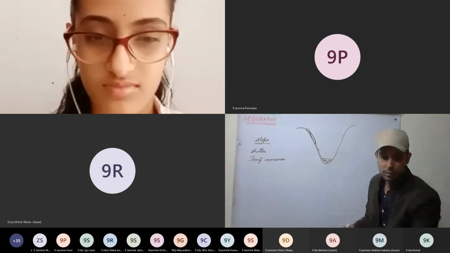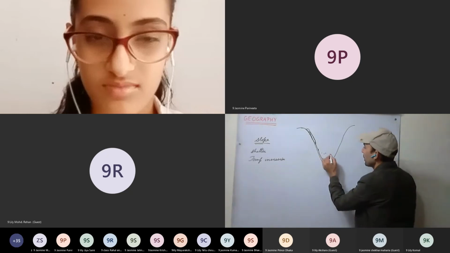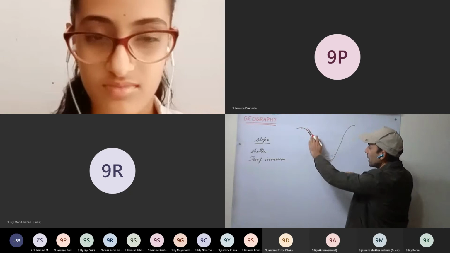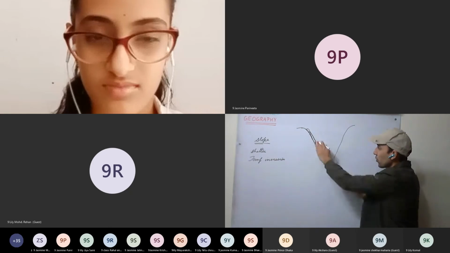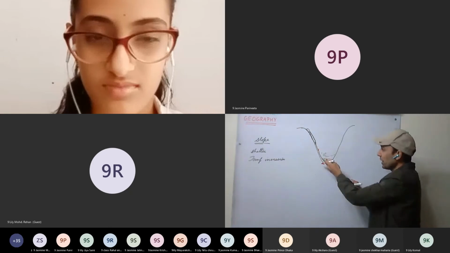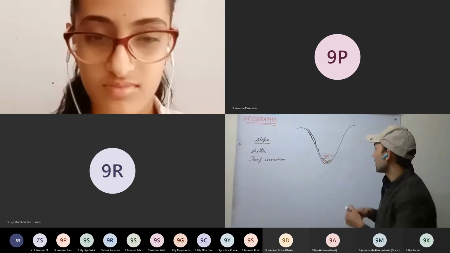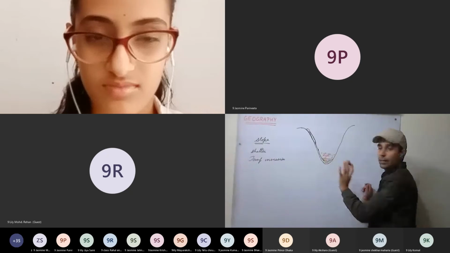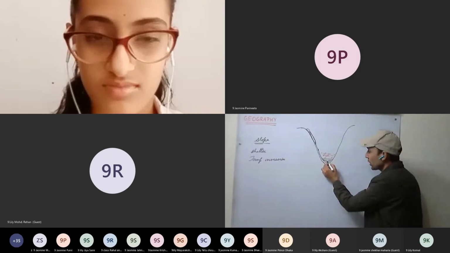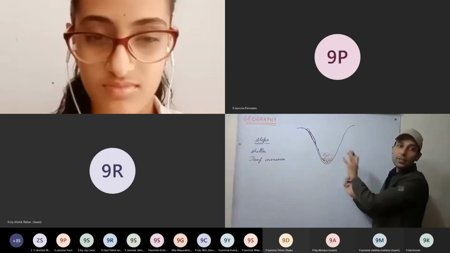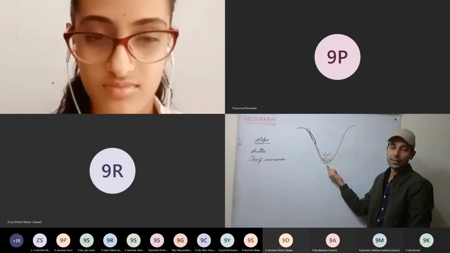And here we have the warm air. This cold air is flowing towards the base, that is towards the valley, and it pushes the warm air up. So warm air is pushed up, whereas the cold air accumulates at the valley. It is more dense, so it accumulates for many days. It stays there for many days, and on top of it is warm air.